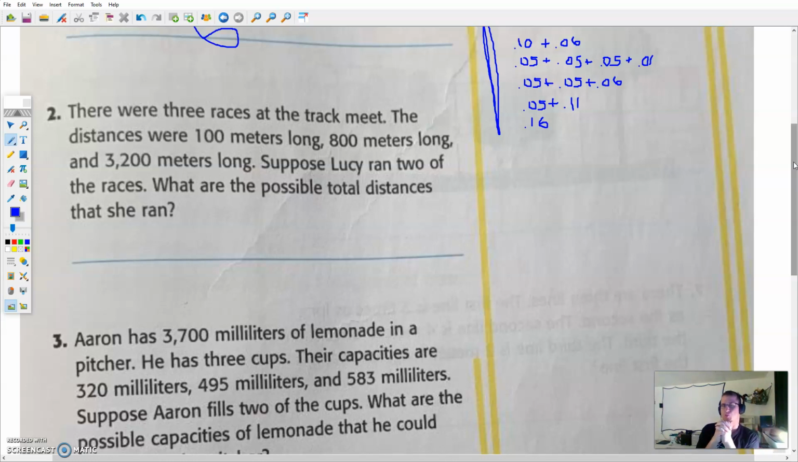The distances were 100 meters long, 800 meters long, and 3,200 meters long. Suppose Lucy ran 2 different races. What are the possible total distances that she ran? Okay, so we've got the